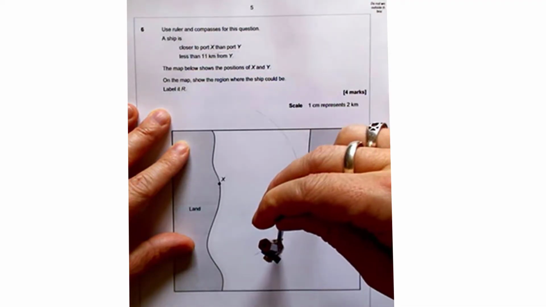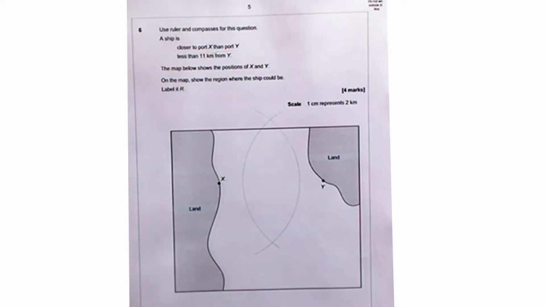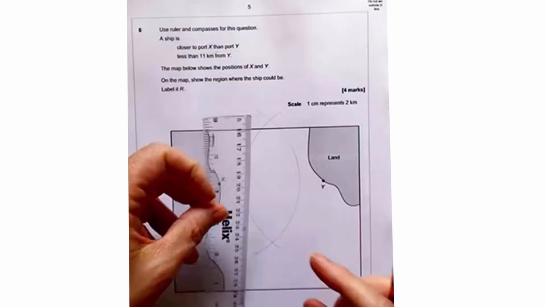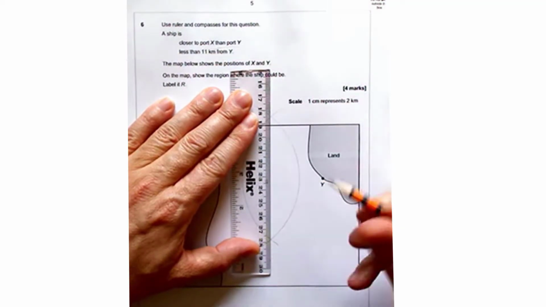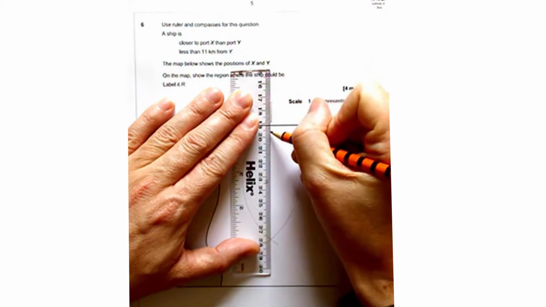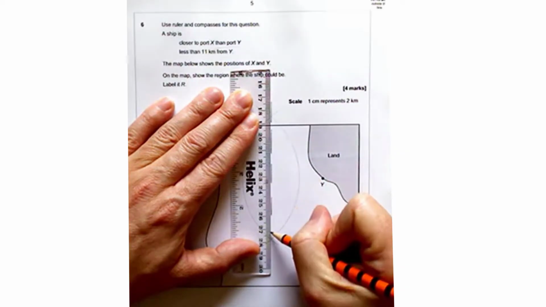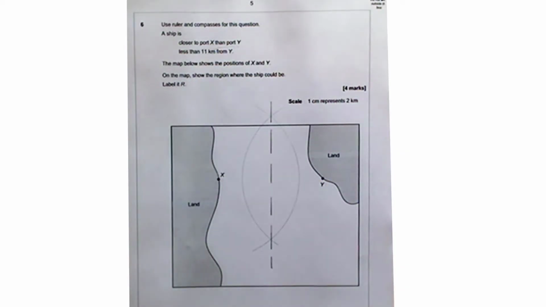And you should notice that these two arcs cross at 2 points. So with our ruler, we're going to line up our ruler with those two points of intersection and draw on our perpendicular bisector. Now all the points on this line are the same distance from X as they are from Y. So we're looking for the points to the left of that line then, so that they're close to X